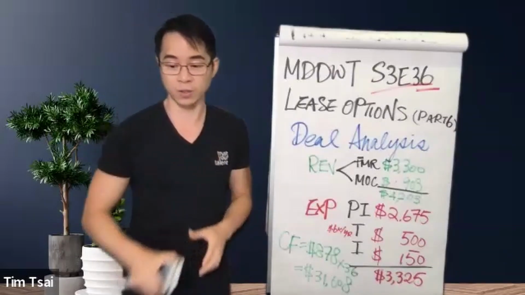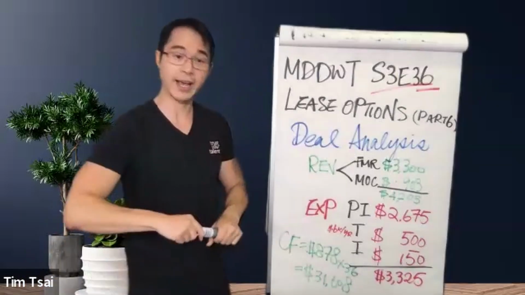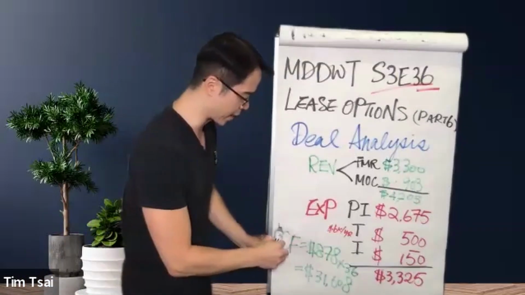$31,608. So let's take a look. Does it cash flow? Priority number 1, check. Remember,